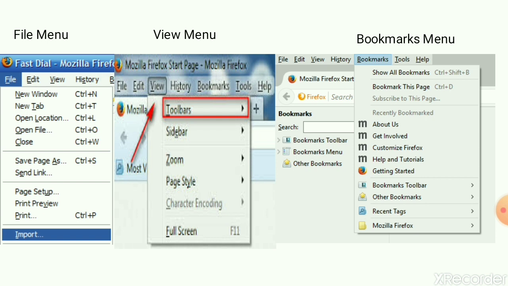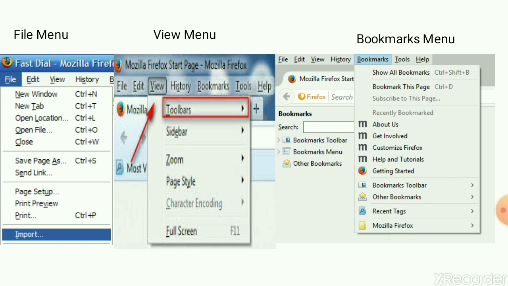Another one is save page as, where you can save the page or the frame you are currently browsing. The next option is send link, but in the latest version you will find it as email link, which is used to email whatever page you have open.